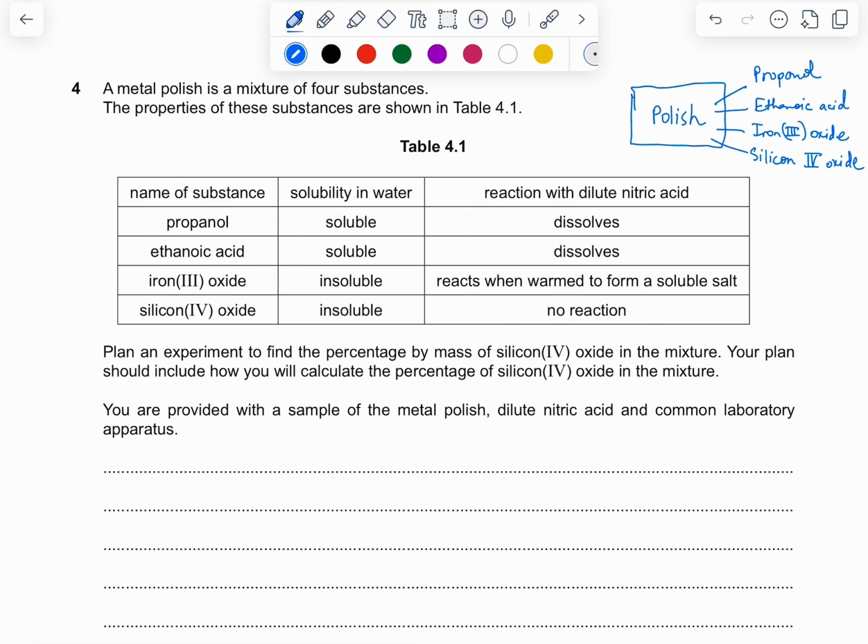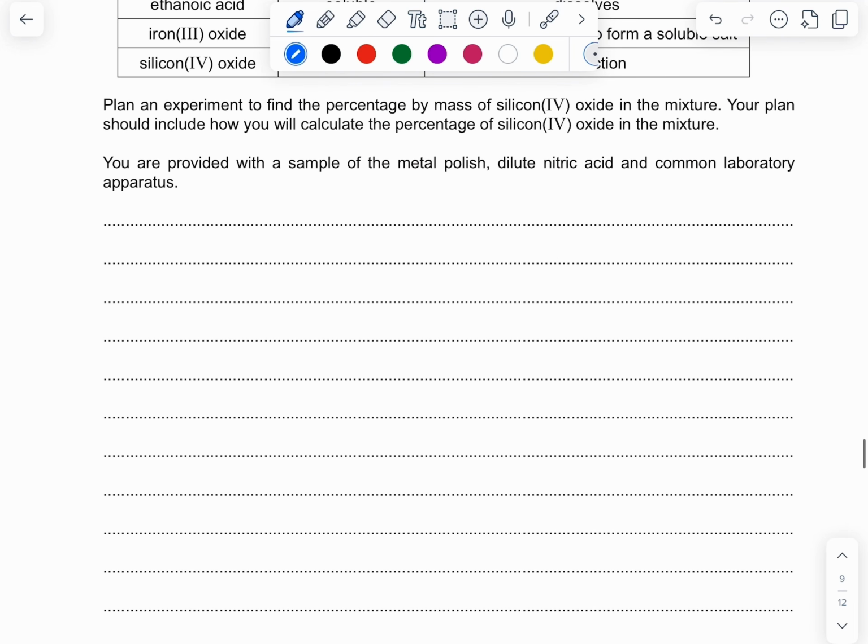Now over here, how will you do it? You can see that propanol and ethanoic acid are soluble in water. Here's how you're going to do it. You're going to take the polish, and measure its initial weight. Okay, initial weight. So we are going to say take